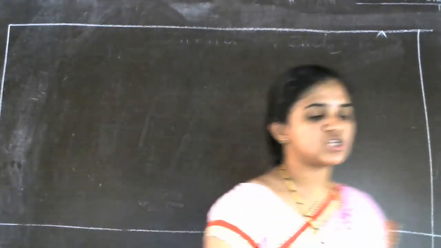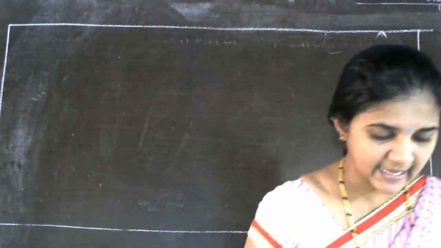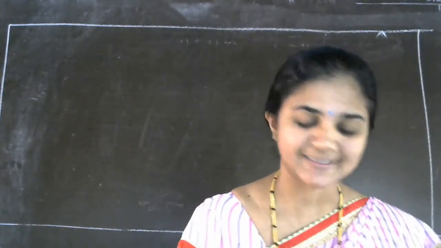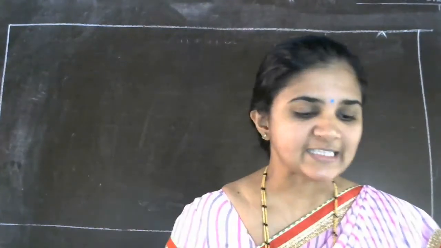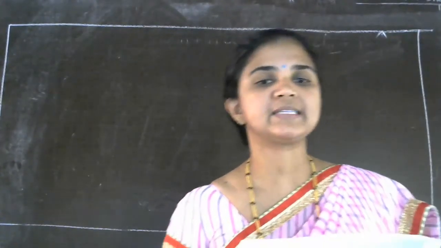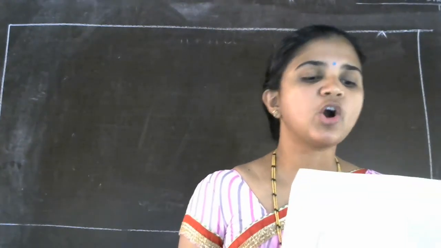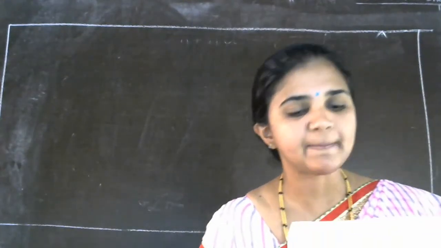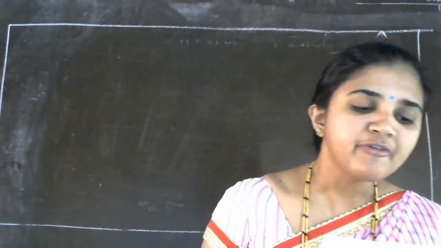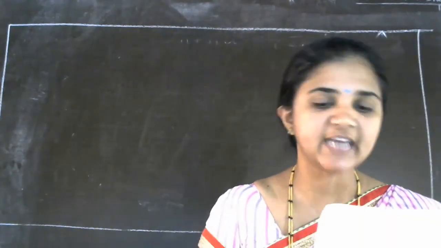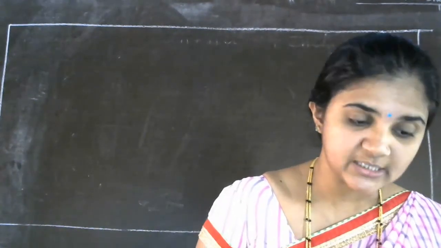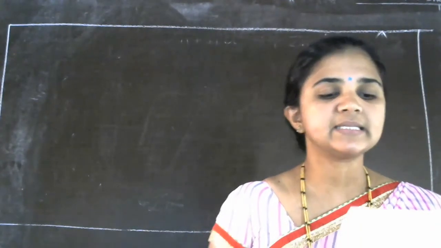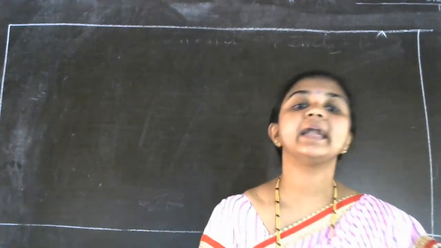Can I give the questions now? The first question is in your textbook. You can open the textbook also. It is one small story. Akila went to a fair with rupees 20. She wanted to enjoy rides on the giant wheel and play hoopla. The number of times she played hoopla is half the number of rides she had on the giant wheel. If each ride costs rupees 3 and a game of hoopla costs rupees 4, represent this situation algebraically and graphically.